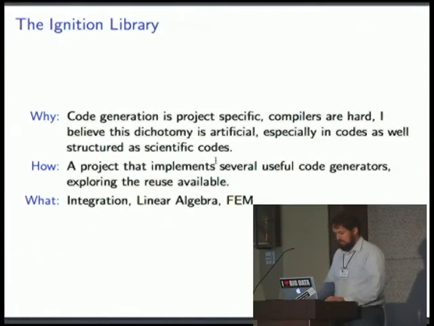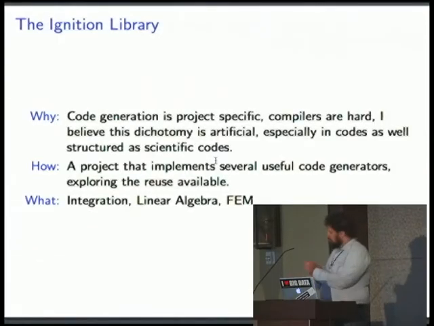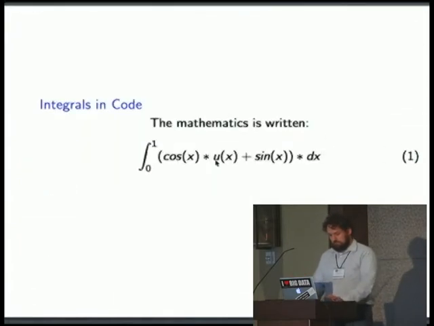And once again, here we're saying basically project specific, but since compilers are really hard, if we actually tear apart that view that we can't ever peer down into a compiler, and we can actually put our science down into that level where the code is actually working, we can actually build useful compilers. And I have some examples with integration, finite element, linear algebra in different places. So just to give an idea of what I'm talking about,